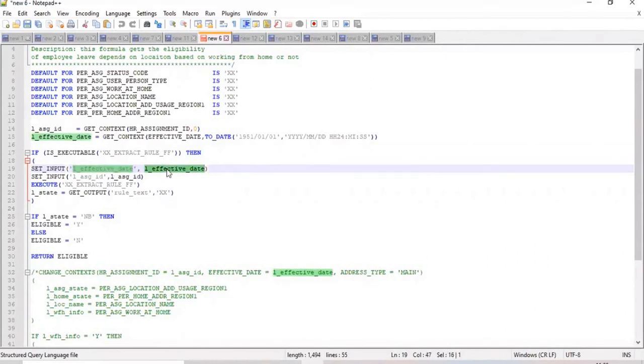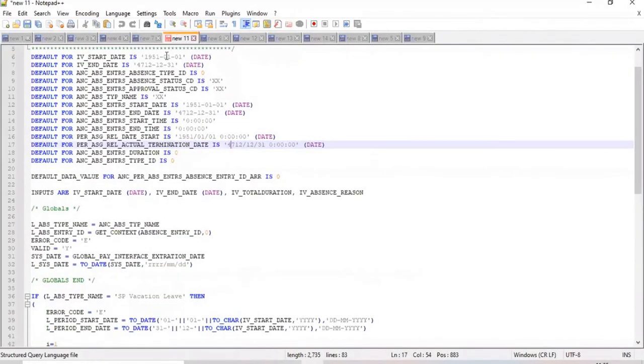And in some formulas we have taken input values, and in some we haven't. So it depends on whether the user is entering any value where the formula is. Because when I'm applying absence, obviously the employee applies a start date and end date, so I take them because I want them used in my formula.